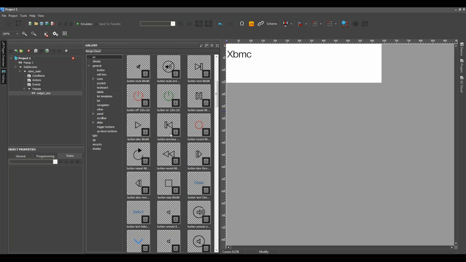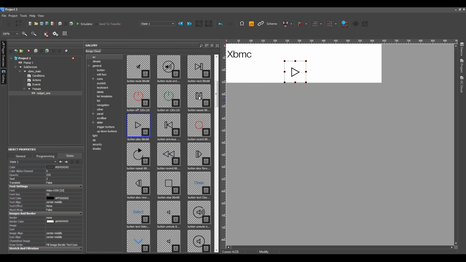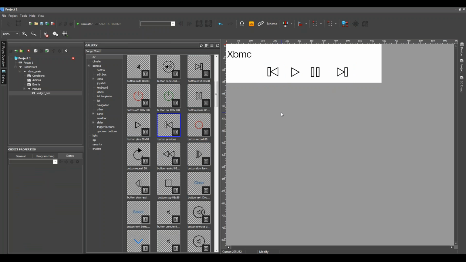Okay, what next? Next I want to control the play, next and previous zone. What else?